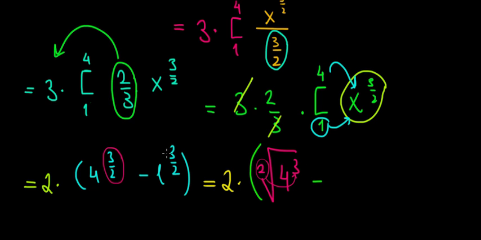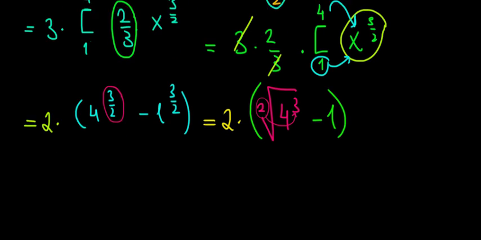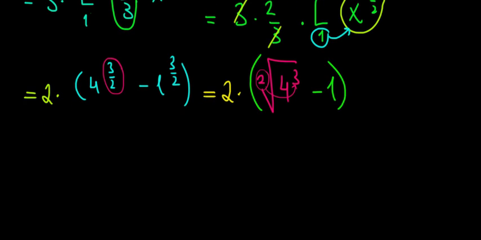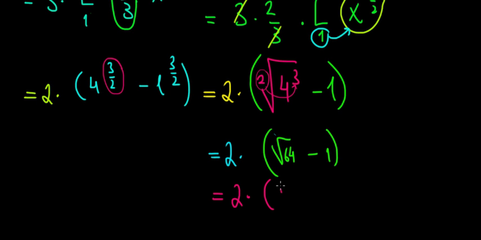Minus 1 to the power 3 over 2. 1 raised to any power is just 1. Now, what is the second root of 4 cubed? Well, 4 cubed is 64. The second root means the regular square root. So what we're going to have over here is 2 multiplied with the square root of 64 minus 1. Now, what is the square root of 64? That's just 8. So what we have as a result is 2 times 8 minus 1,